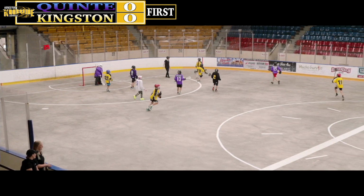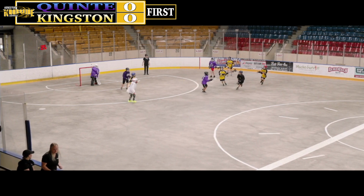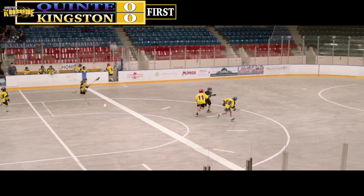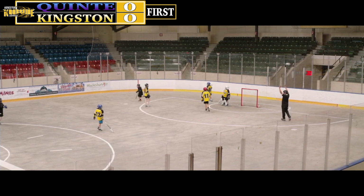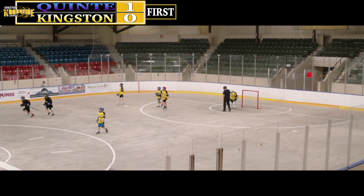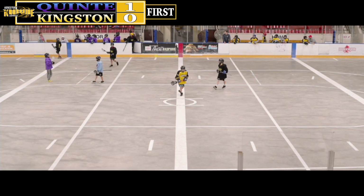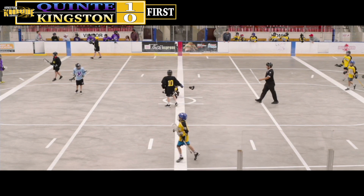But a shot clock reset is going to allow Kingston some more opportunity to try to pressure that ball in deep. Quinte scoops it up here, and there's going to be a drive, but there are one back. They're trying to put some back pressure onto this rushing forward shot, and a goal makes it 1-0 here for Quinte, as that was a drive all the way in as that player was taking a beating, but still was able to get off and get the shot and put it in, making it 1-0 here with 9:08 remaining in